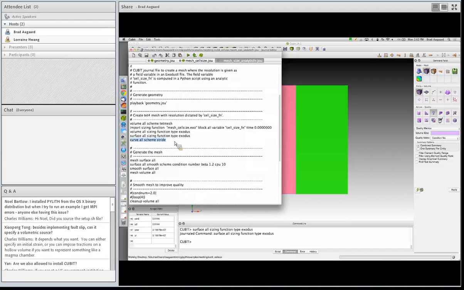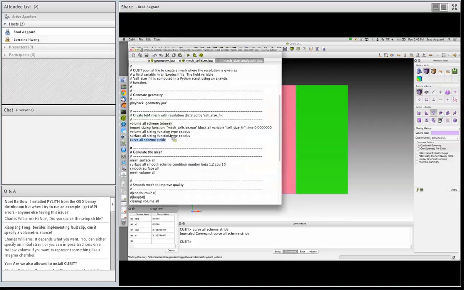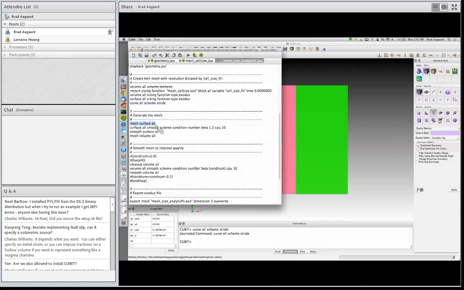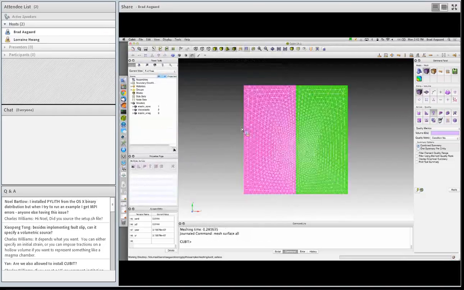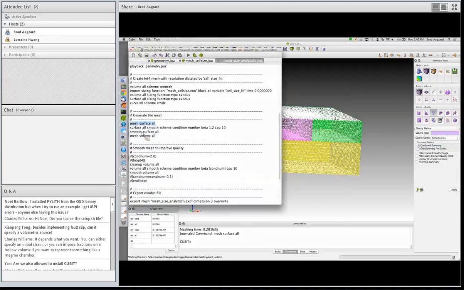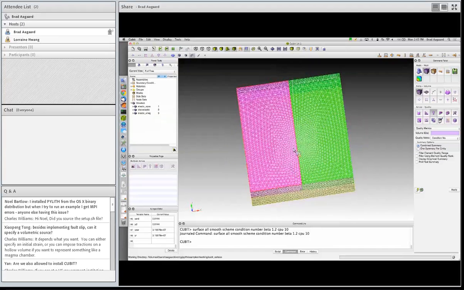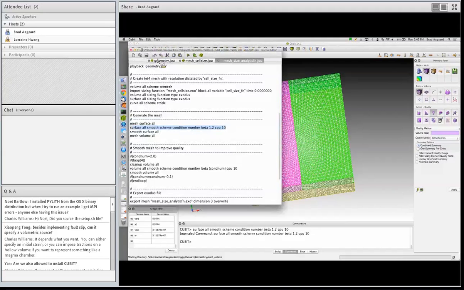And then curl all scheme stride, that just is the default. And so first I mesh the surfaces. And so now I have the surfaces, and then I'm going to smooth them to improve the quality there. Because I brought in a sizing function, I wasn't quite sure how smooth my sizing function was. So I meshed the surfaces first, smooth them to make sure that they didn't have any too sharp gradients in cell size. Smooth my surfaces, and then I'll mesh the volume